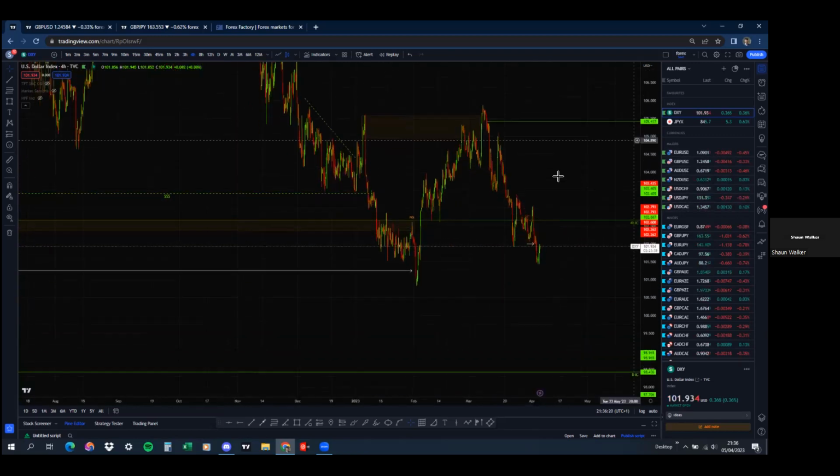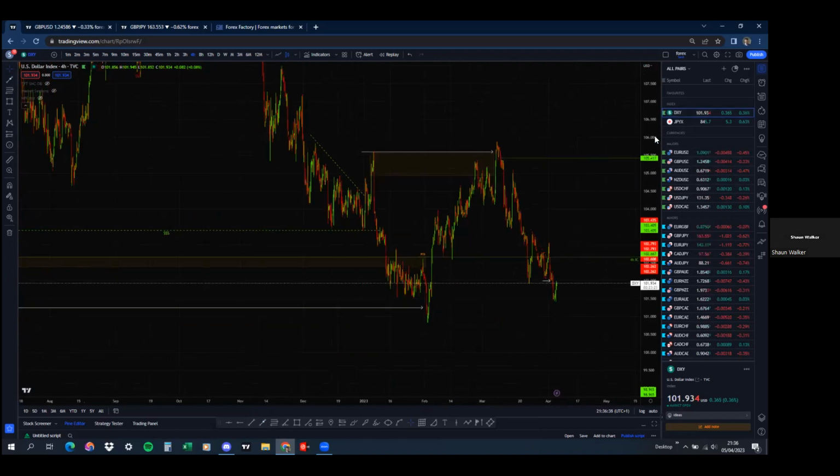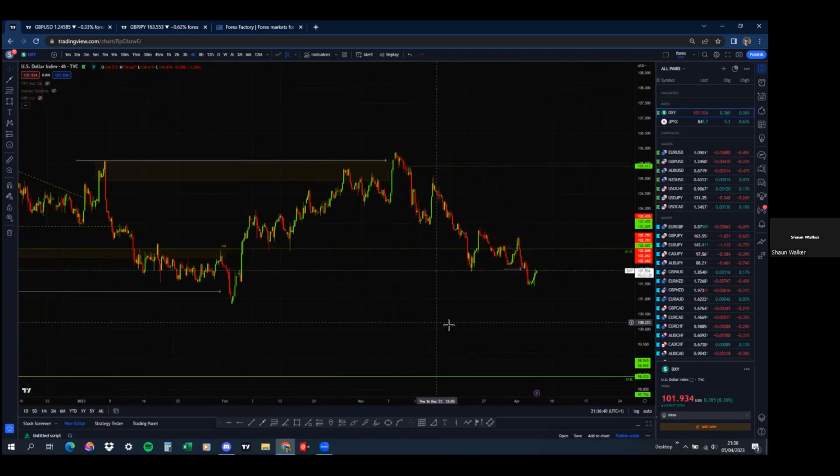And because obviously that never played out, we've then traded higher than this, and you could argue that we've had a break of structure to the upside. So when I'm looking at this now,